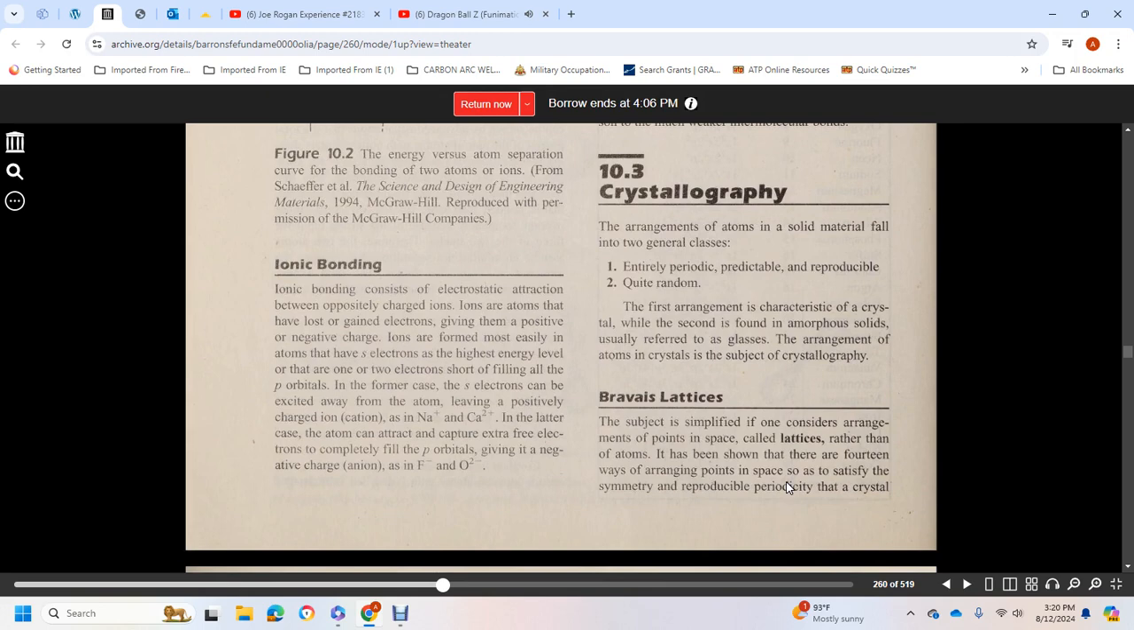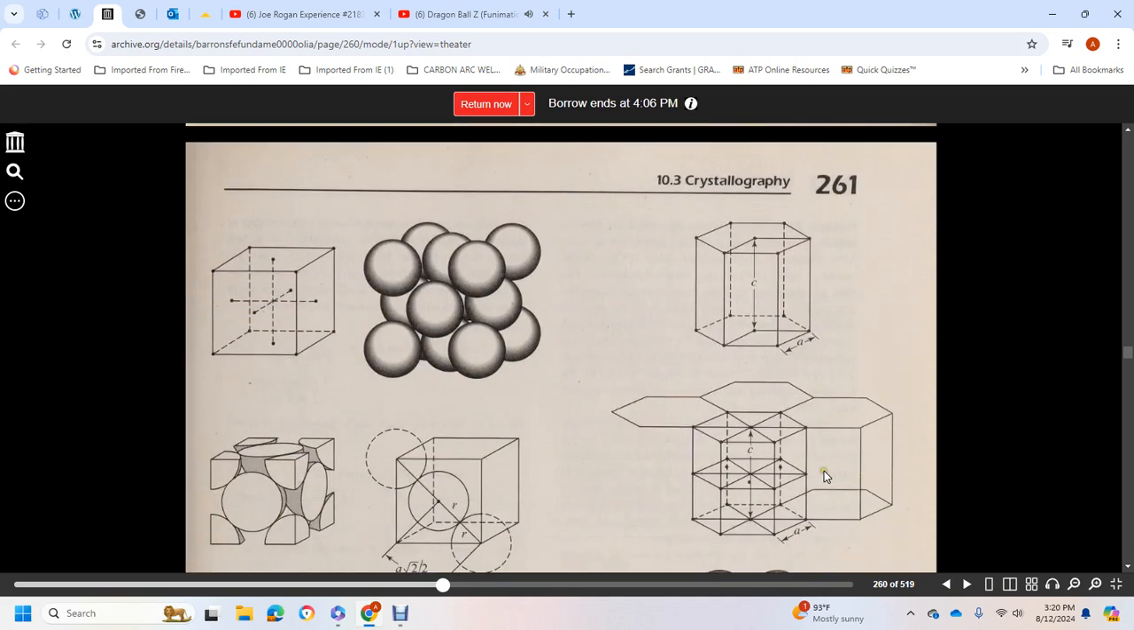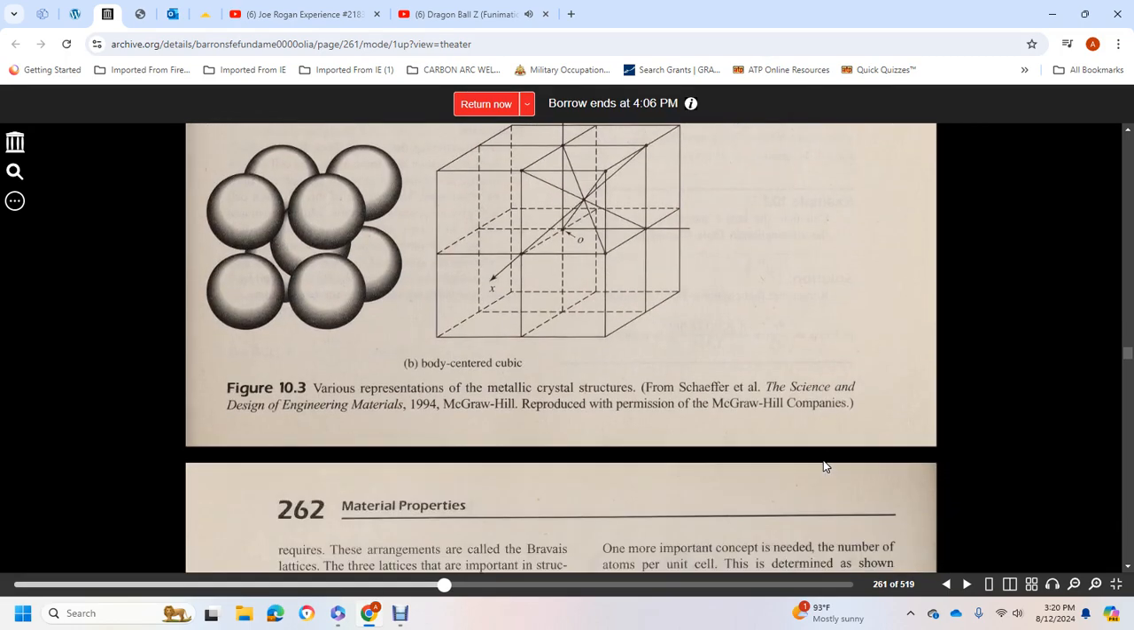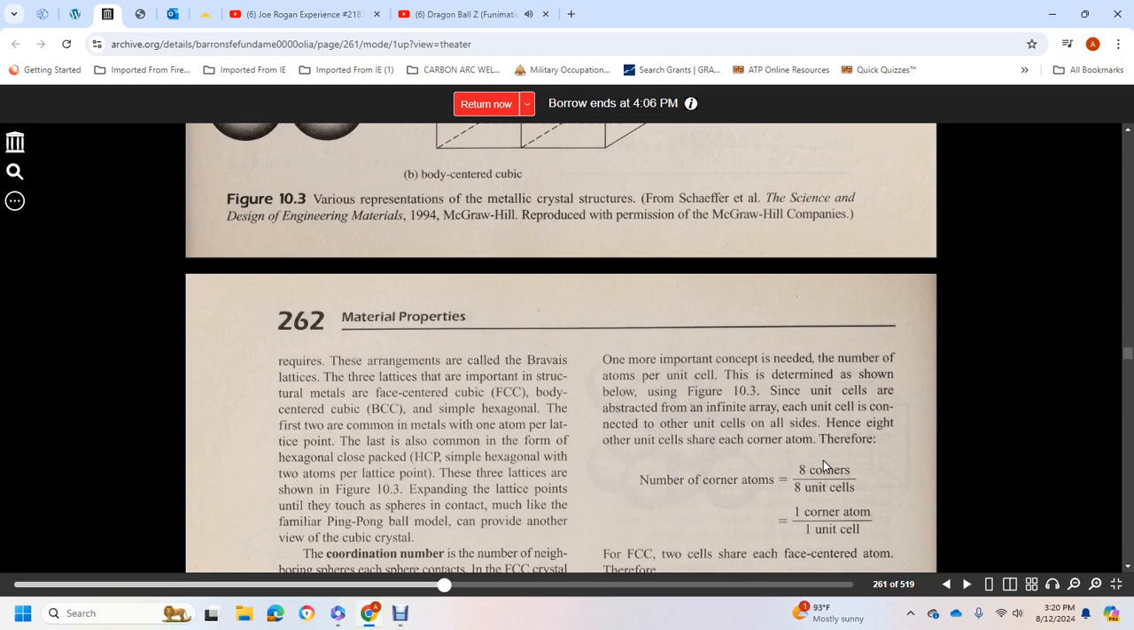Bravais lattice. To simplify the subject, consider the arrangement of points in space, a lattice, rather than of the atoms. It has been shown that there are 14 ways of arranging points in space so they satisfy the symmetry of reproducing periodically a crystal. This shows some of the crystal structures. These arrangements are called the Bravais lattices. Three lattices are important structures of the metals: face-centered cubic (FCC) and body-centered cubic (BCC),